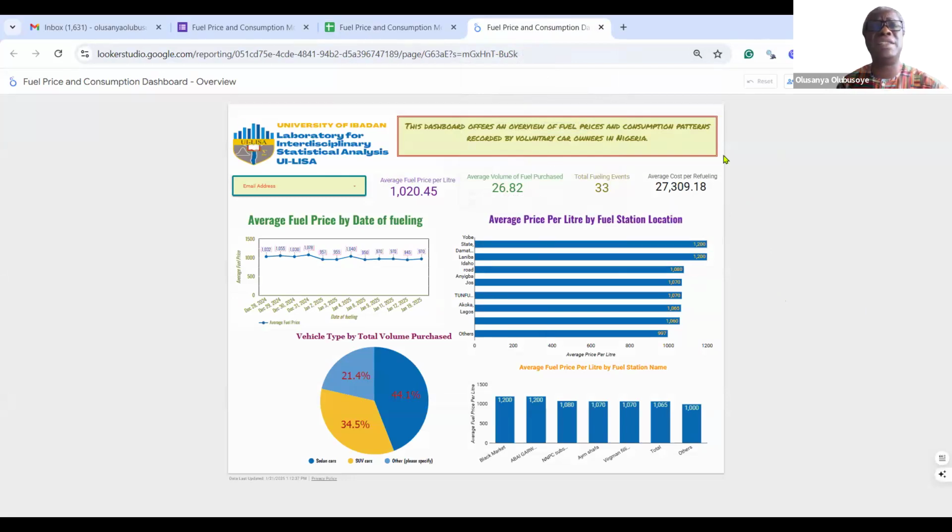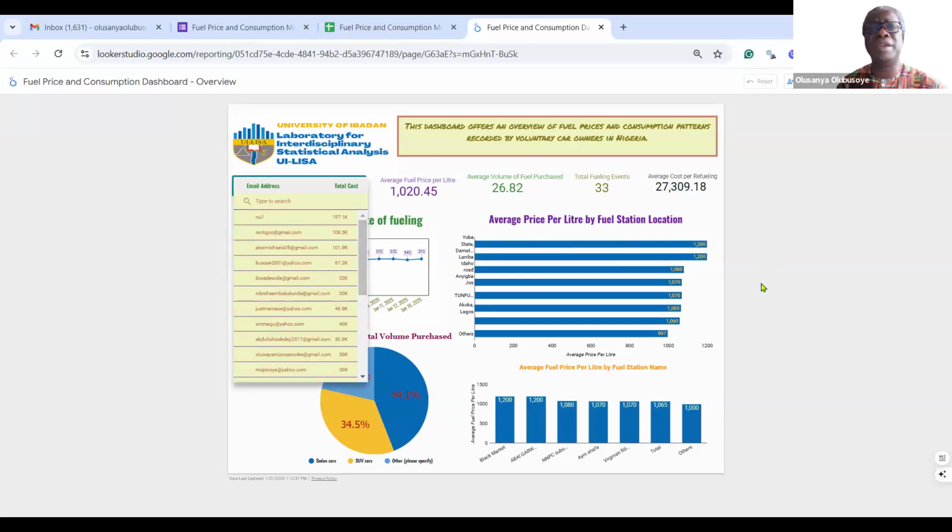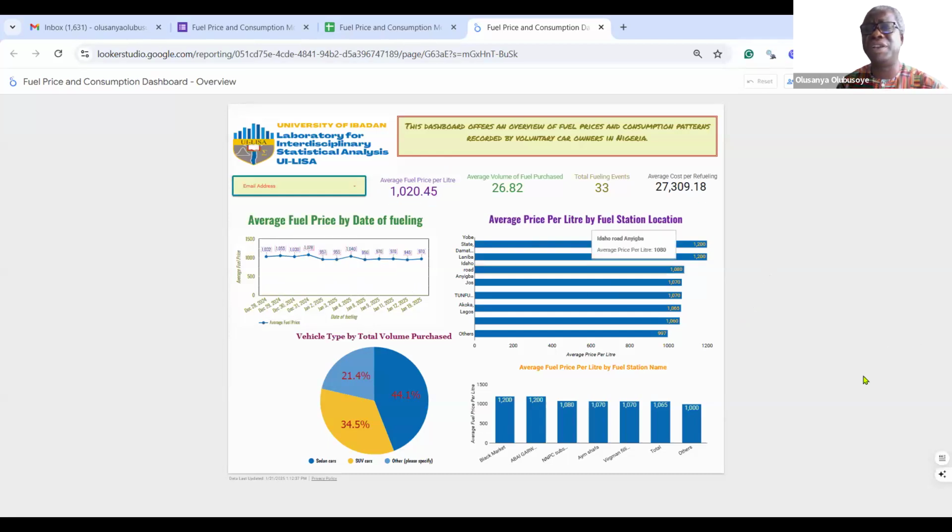I said, if you participate, you will be able to have access to this visual, and then you can also monitor your own fuel consumption and compare and contrast different situations in different locations.